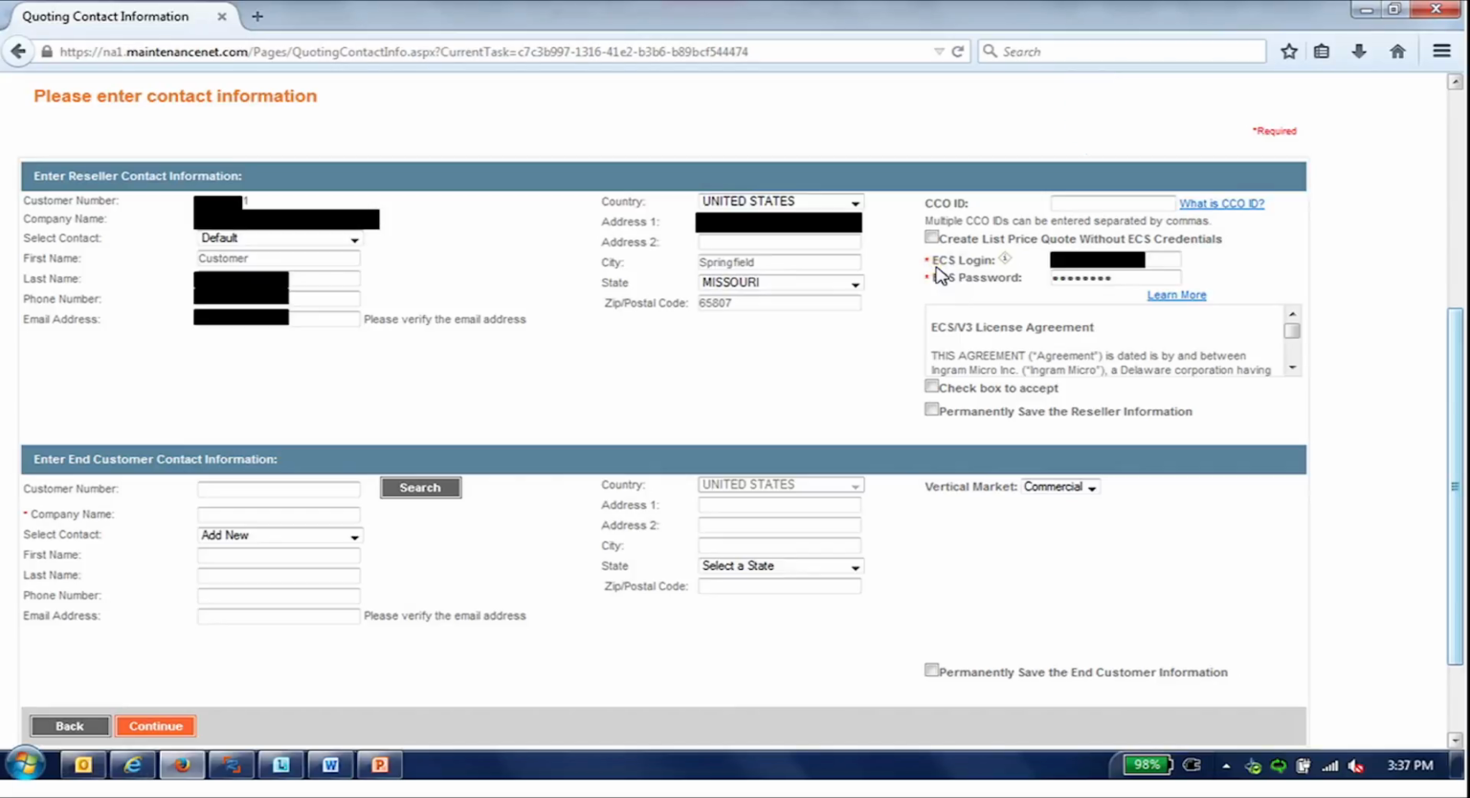So if you don't have ECS credentials, you can click on the box to request them. Or if you want to go ahead and get the list price quote created, you can go ahead and do that by clicking on the checkbox next to Create List Price Quote without ECS credentials, and that will allow you to get the list price quote, and then you can actually still send that quote number over to the Ingram team to transact manually as well. Once you have all this set, you can click on the Continue button,